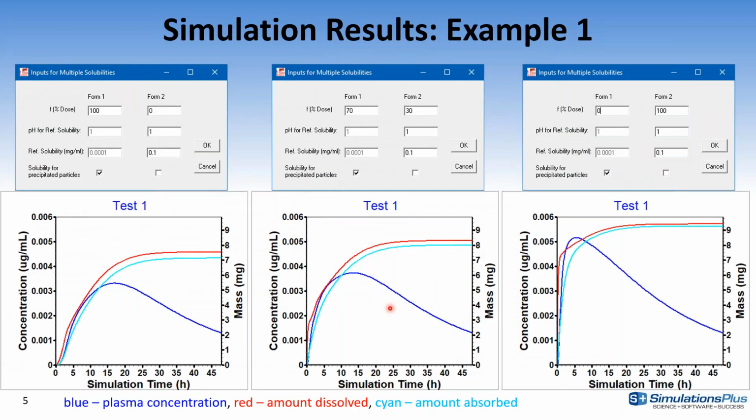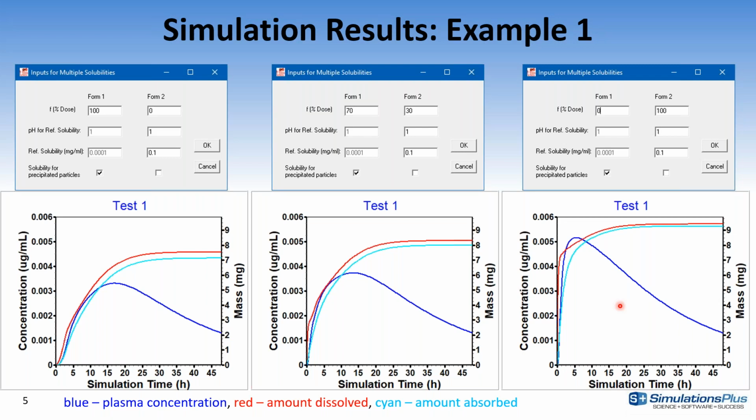Here is a couple of simple examples for the effects. This first one is showing if we have 2 different forms of the molecule with very different solubilities, and we are changing the contribution of the forms in the formulation. So the very first plot is showing entirely administration of the low solubility form. In the middle one, we have a combination of both. And on the right, we have the high solubility form. So you can see the effects on the exposure of the compound in vivo if we're just mixing these 2